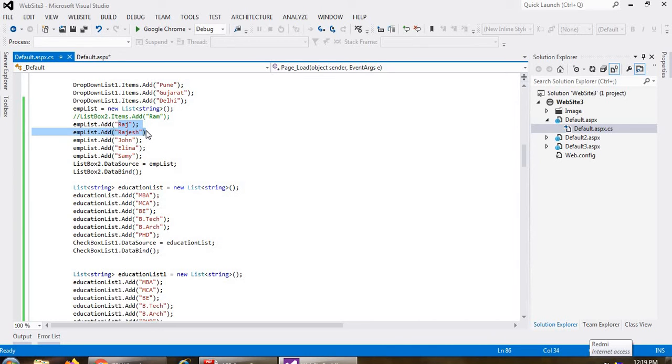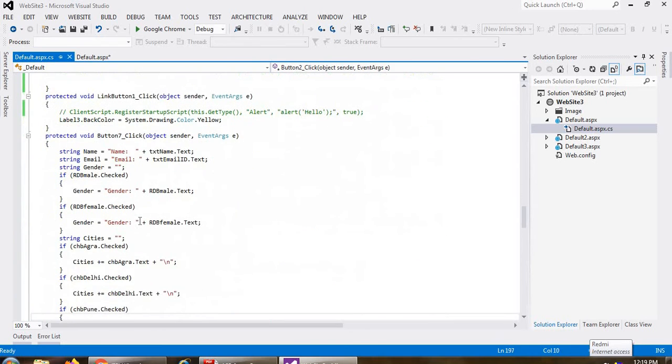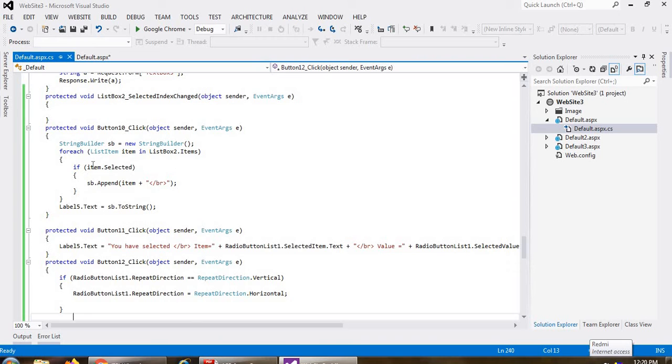तो हाउ आई कैन डू इट, कि हाउ आई कैन आइडेंटिफाई कि मेरे पास 5 का लिस्ट है, उसमें से मैं 2 ही सिलेक्ट कर रहा हूँ. हाउ आई कैन आइडेंटिफाई दिस थिंग्स? आई हैव सिलेक्टेड ओनली द 2 आइटम फ्रॉम द लिस्ट box. Then I can use one condition over here. Button10 is there, yeah. If the item.Selected, उसका मीनिंग यहाँ पर जितने भी आइटम है उसमें से जो मैं आइटम सिलेक्ट करूँगा, item.Selected.